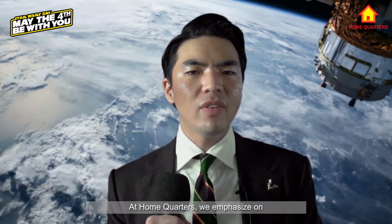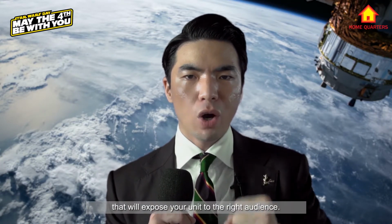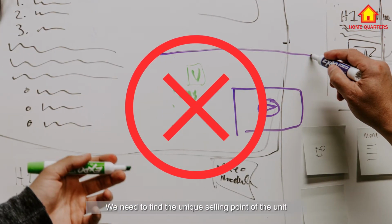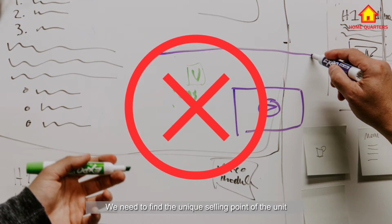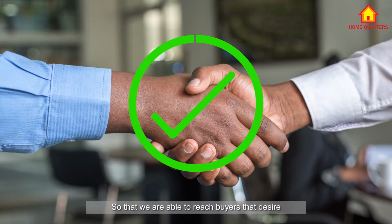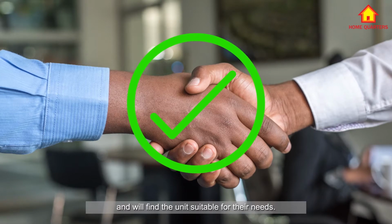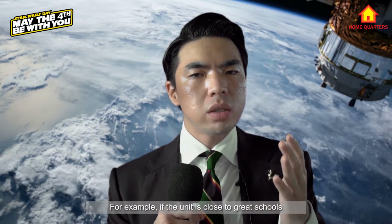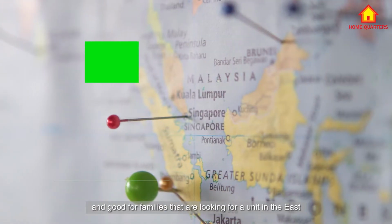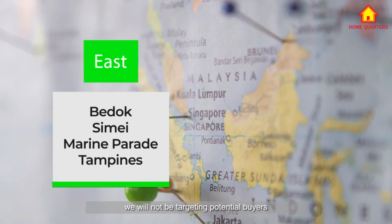At Home Quarters, we emphasize a customized marketing strategy that will expose your unit to the right audience. In this aspect, there is no one-size-fits-all solution. We need to find the unique selling point of the unit and emphasize it to the potential buyers in the area, so that we are able to reach buyers that are desired and will find the unit suitable for their needs. For example, if the unit is close to great schools and good for families that are looking for a unit in the east, such as Bedok, Simei, Marine Parade, or even Tampines,